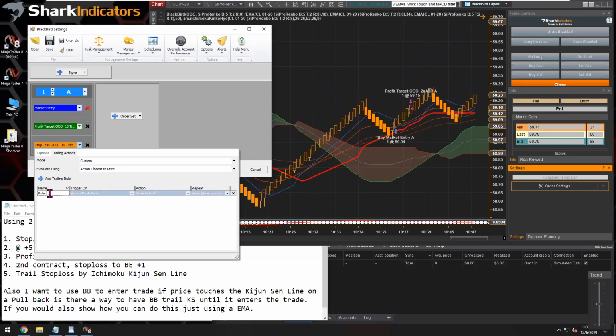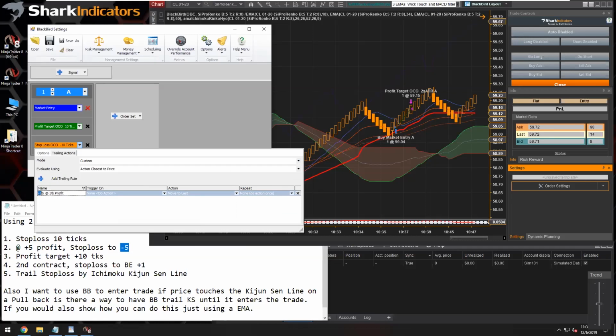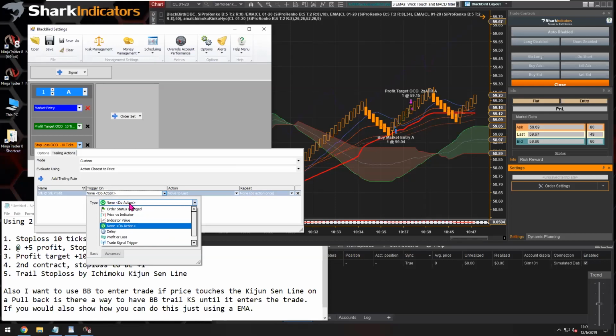And so this first one, we're going to move the stop loss to a 5-tick stop loss at 5 ticks of profit. Next, we're going to go into the triggers here, and for the type, since this is just looking for a simple 5 ticks of profit, there are two ways we can look for 5 ticks of profit. We can use the delay,